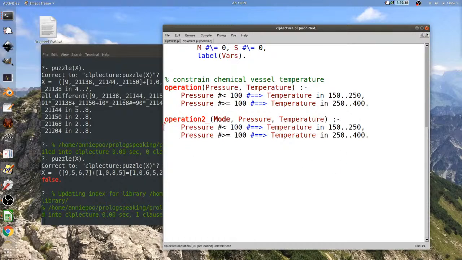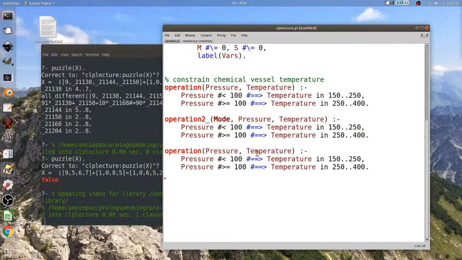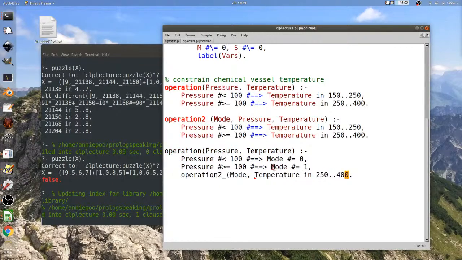So I could do something like: implies that mode pound equals 0, mode pound equal 1, and operation to underscore mode, pressure, temperature.